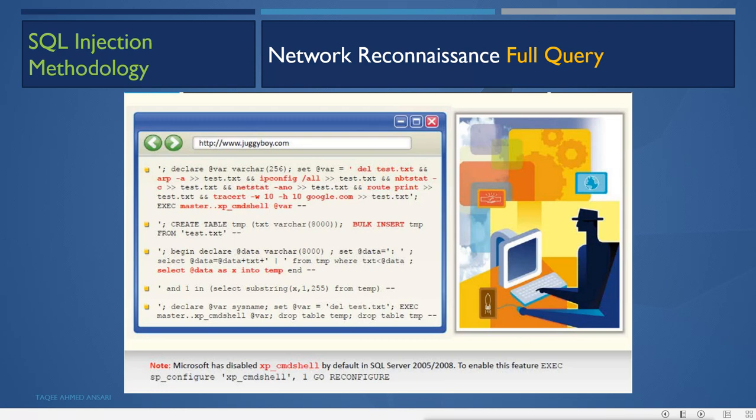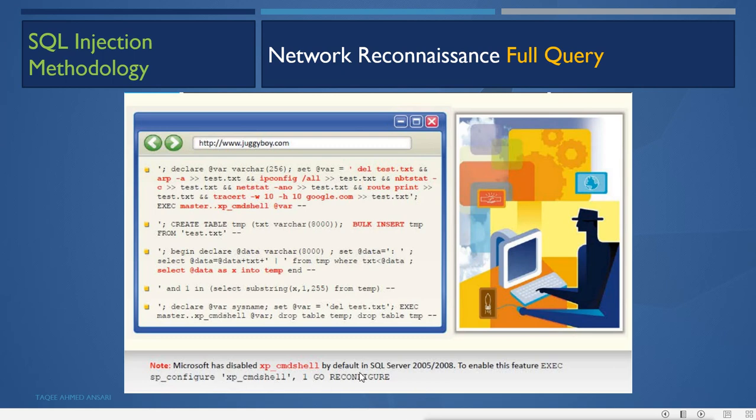Now remember, Microsoft has disabled this xp_cmdshell by default in SQL Server. If it is disabled, these queries will not be successful and you will get an error. It is disabled by default in SQL Server 2005 and 2008. To enable this feature, you have to execute sp_configure and then GO RECONFIGURE.